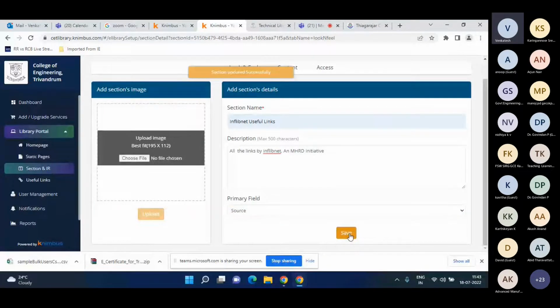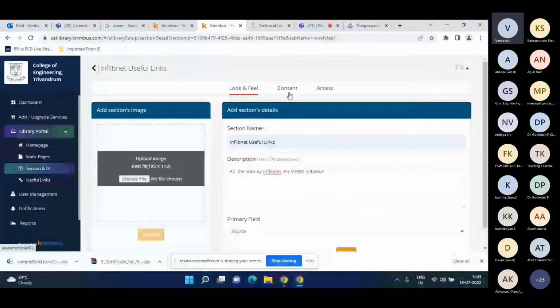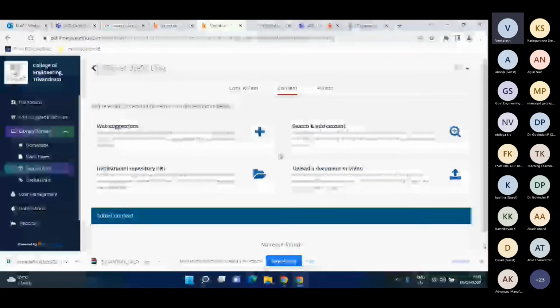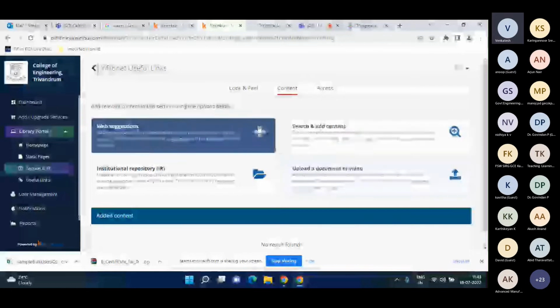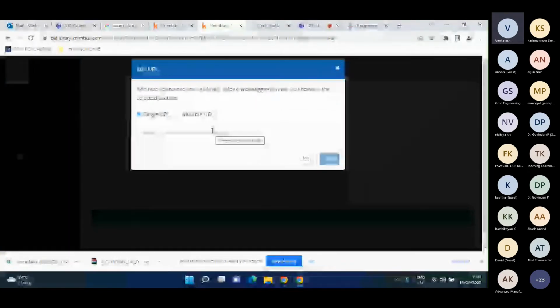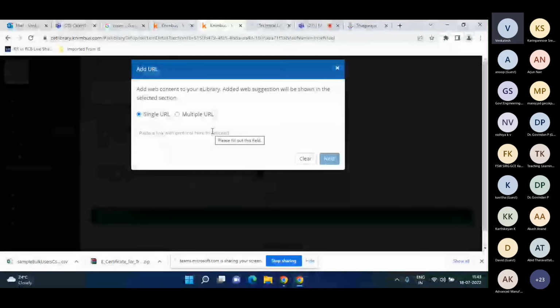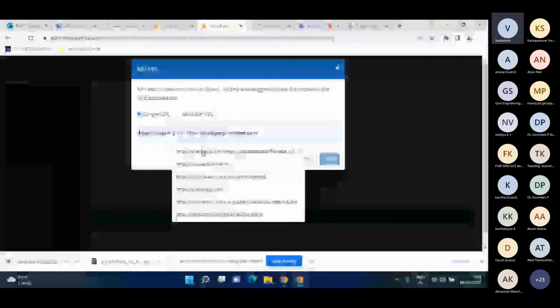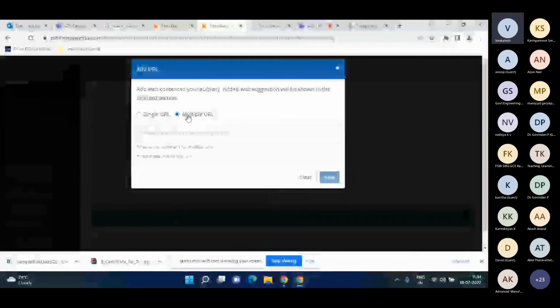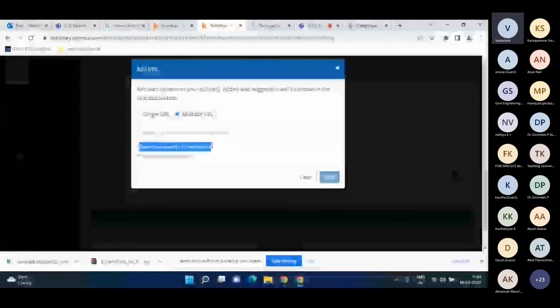Save. Now what I have done the same way, I've created the name of the folder. I'm going to add content to the folder, web suggestion, because Inflibnet useful links are links. They are not documents. If they are documents, go here. If it is links, you can come here. I have said Inflibnet useful link. Inflibnet useful link has so many links. Swayam, Shodhganga, EPG Pathshala, NDL, NPTEL. There are a lot of things. Shodh Sindhu. A lot of links are available. So you can do here. Swayam. This is an individual link. So I'm creating multiple links. It says multiple link. Please use comma for multiple